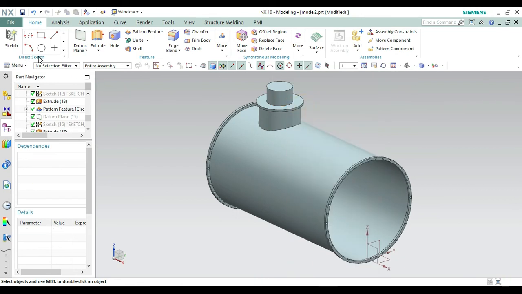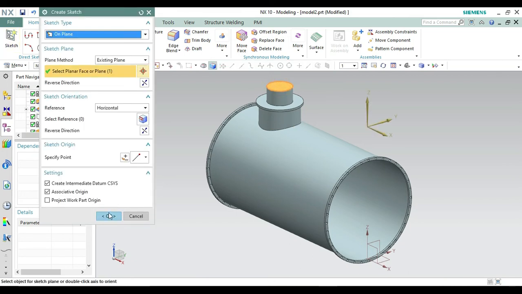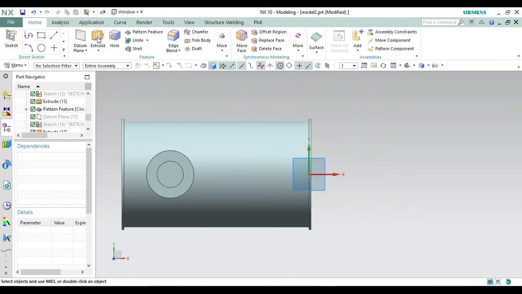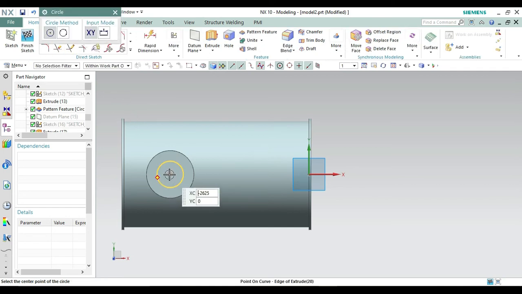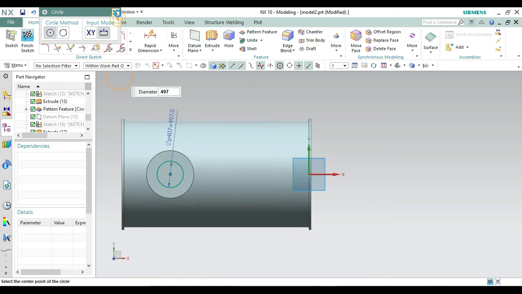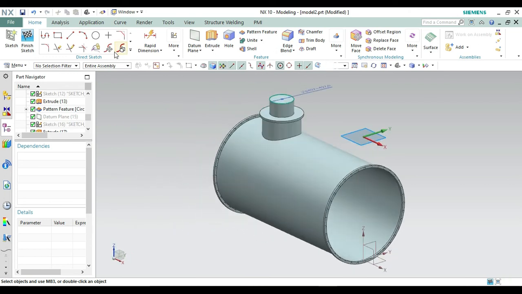Now we need a shell of 3. To unite, first select easily with the help of this one, and let's create a circle of diameter 497. Let's make it okay. So what is the diameter?